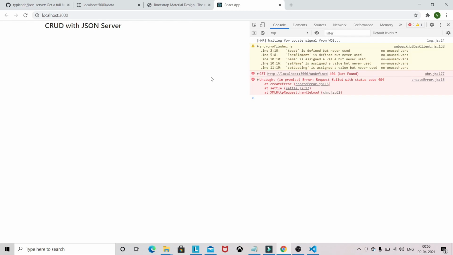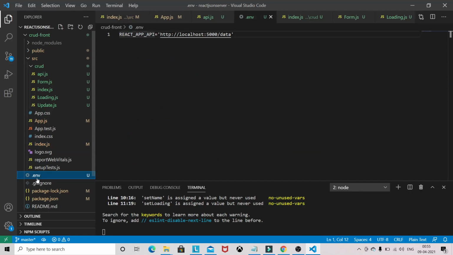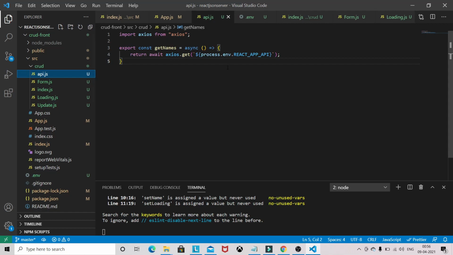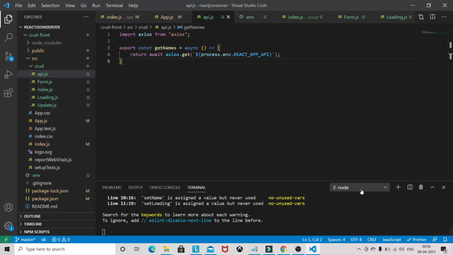So let's see. Okay, we are getting undefined. No problem. In the environment file we have this one, and we are using this. Okay, server not found. Let's see whether the server is running or not.